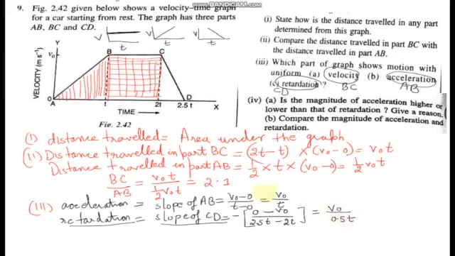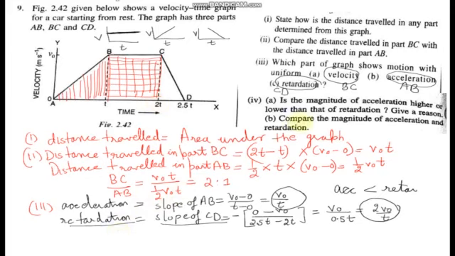Now from here we can find out which is greater, and if we solve it further, it comes out to be 2V0 by t. So we find here that acceleration is lower than retardation. Acceleration is less than retardation. So we can compare it from here. So how did we find the retardation? This is actually the acceleration. We always take the slope from initial to final position. Final position is this, initial position is this. So 0 minus V0 over 2.5 t minus 2 into t.